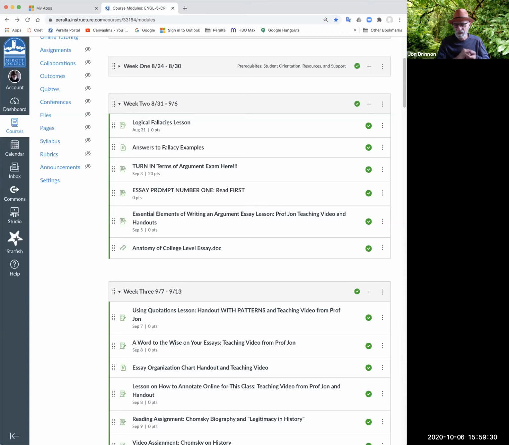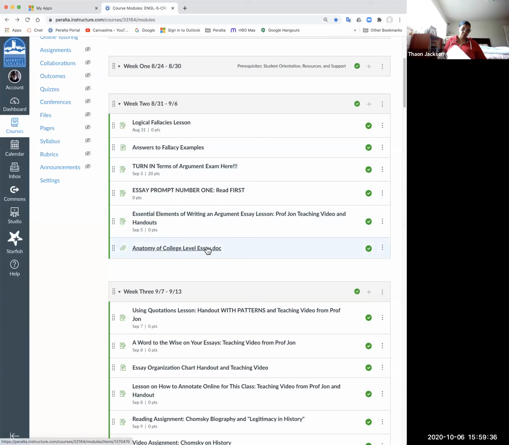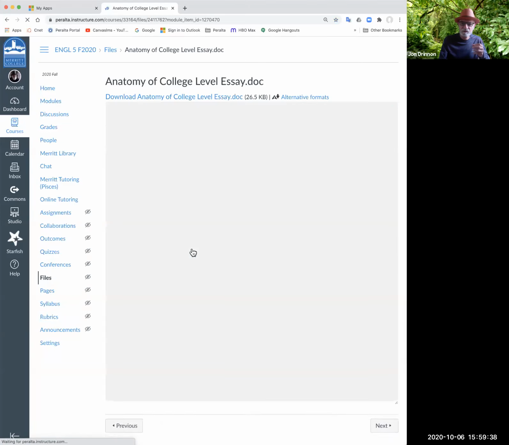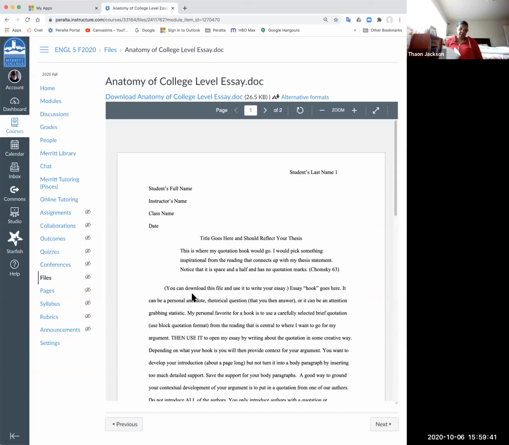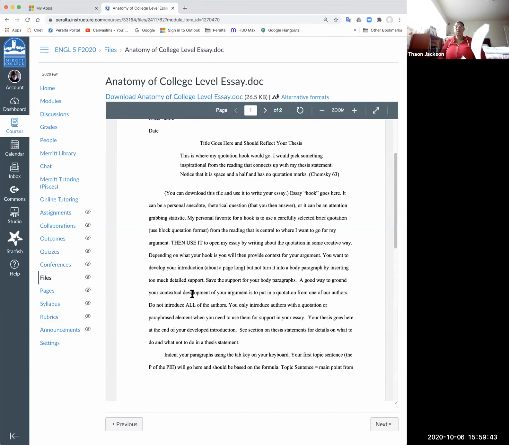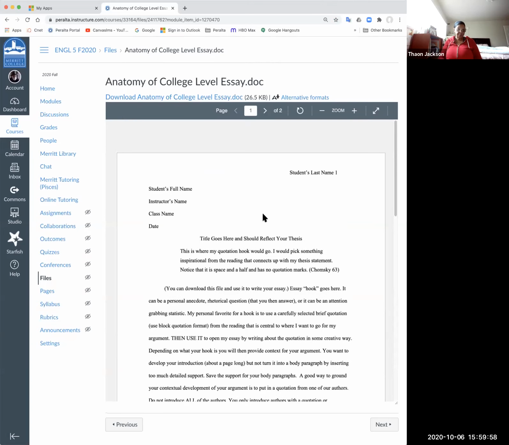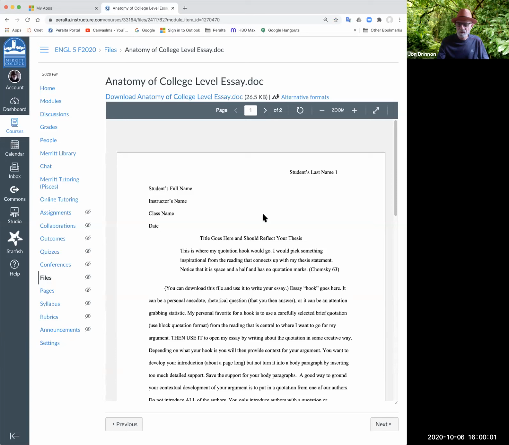And so that's where, if you go through the little anatomy of a college level essay, it does talk about what the one that you took, this chart right here. This will help us if we put it down here and then put it into that format. Right. Okay. I see. Get the idea? Yeah. That makes a lot of sense. Good. Anything else?